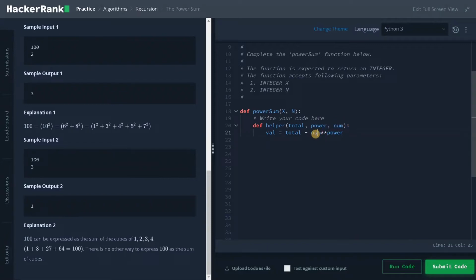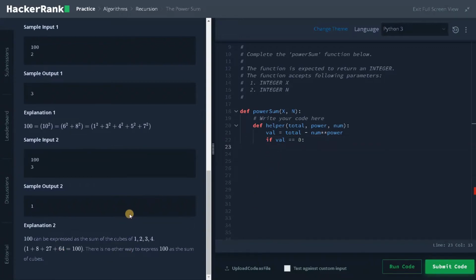So here the number is 1 and the power is 2, so this is 1 power 2. We are subtracting it from the total value, and using that, we will get some value. If value equals 0, that means we have reached the sum.